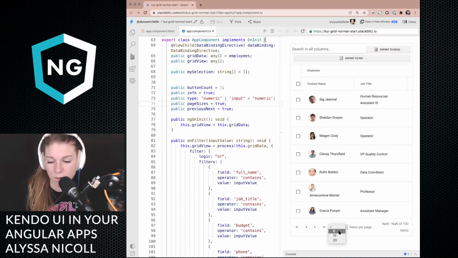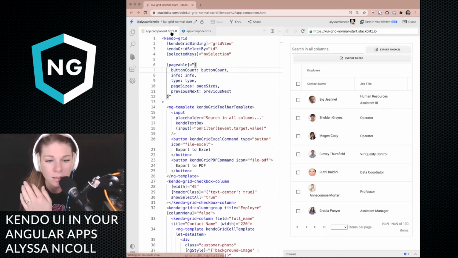See if that dropdown is working. So the page sizes dropdown is working. I don't know why my button count isn't working. If I did that wrong. Button count. I'm not quite sure.